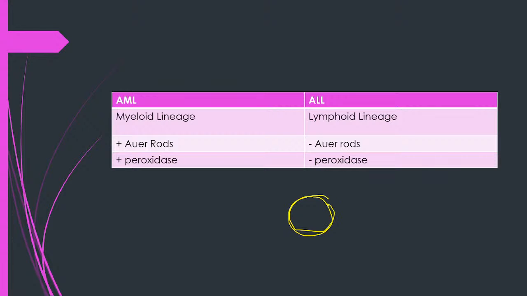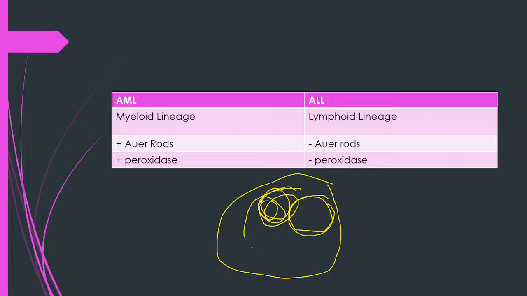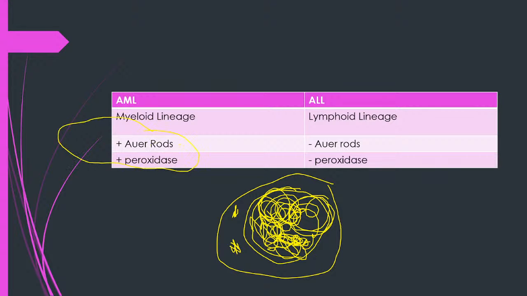What are Auer rods? I'll draw it for you. Suppose you have an abnormal cell. This is its nucleus, with nucleoli. I drew it like this because I want you to see the outline of the nucleoli. Then the Auer rods would be here. They're diffused all over some of the cells. Basically, these Auer rods are significant, especially for M0 to